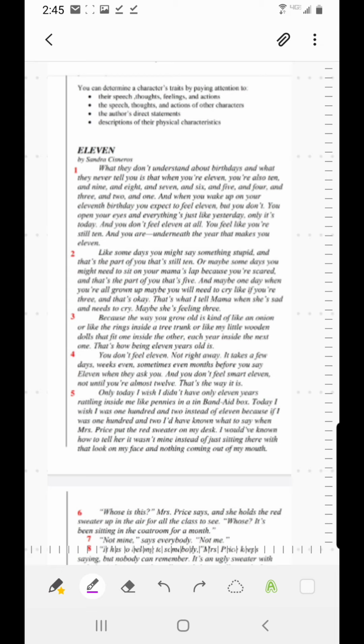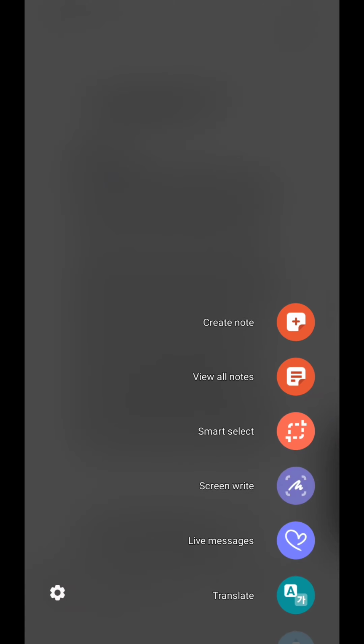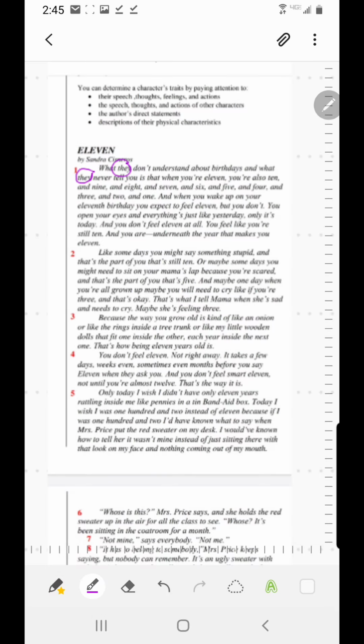So one of the first things I noticed is, who is "they," right? This is told in a first person narrative. The other thing I want you to focus on is the type of language that's used. There's a lot of contractions, like "don't" and "you're." So this language is very casual, and we're going to see it's very indicative of an 11-year-old, right? So who is "they" that she's referring to?